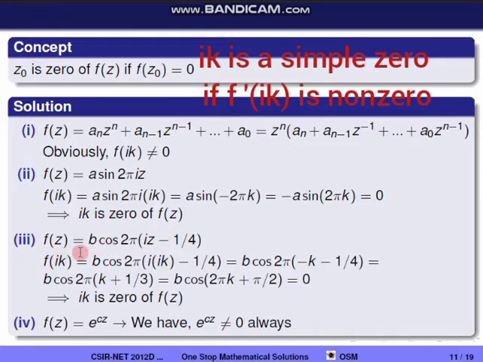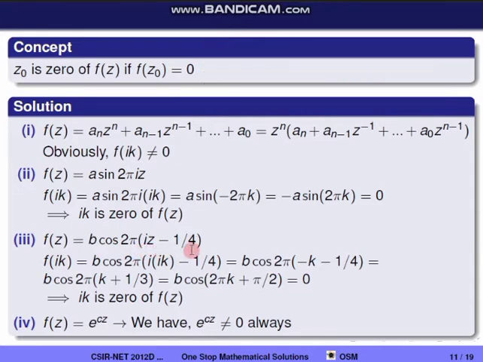f of z is equal to b cos 2 pi into iz minus 1 by 4. Cos is an entire function. So now we'll check whether ik is a simple 0. For that we'll check first ik is a 0 of f of z. So f of ik is equal to b cos 2 pi into ik minus 1 by 4. When we multiply this we get b cos 2 pi minus k minus 1 by 4. We know cos of minus theta is cos theta, so this is equal to b cos 2 pi k